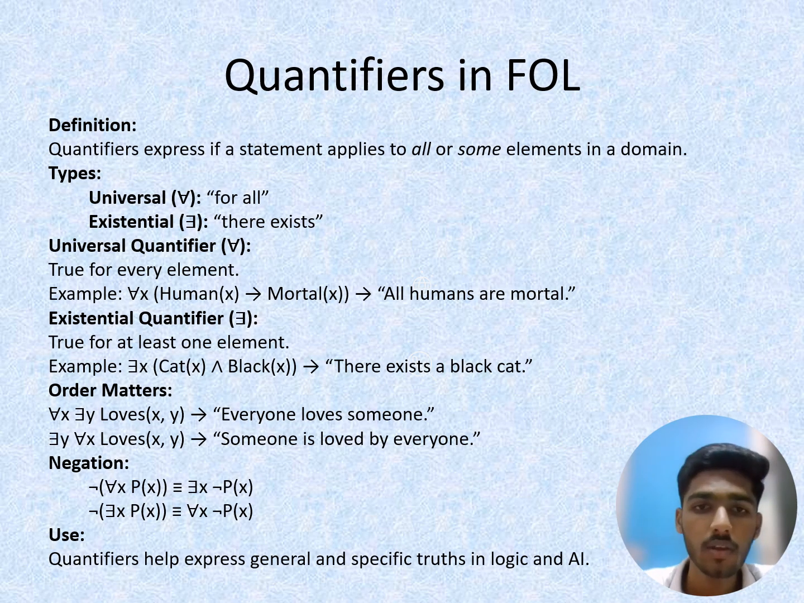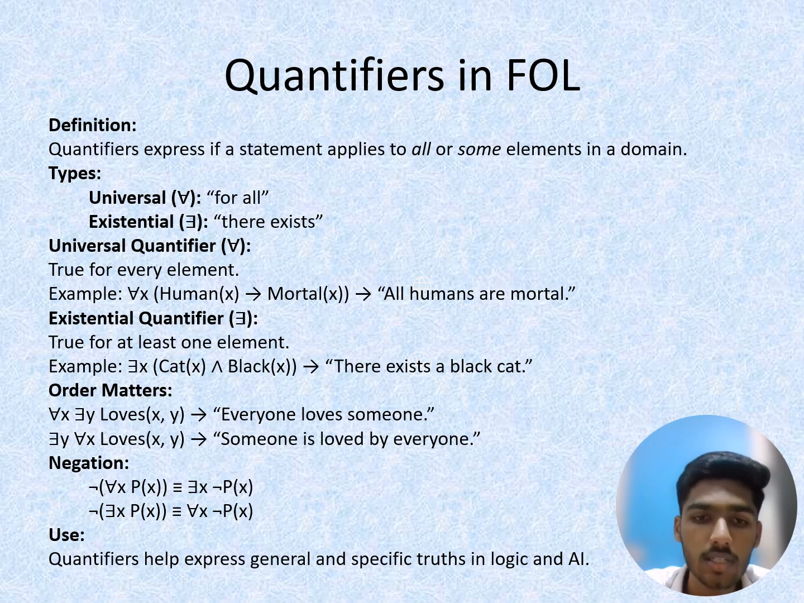Quantifiers in FOL. This slide goes a little deeper on those all-important quantifiers. As we just saw, they express if a statement applies to all or just some elements in a domain. There are two main types: universal, which means for all. We used this for all humans are mortal. Second is existential, which means there exists or at least one. For example, there exists x, cat(x) and black(x), means there exists